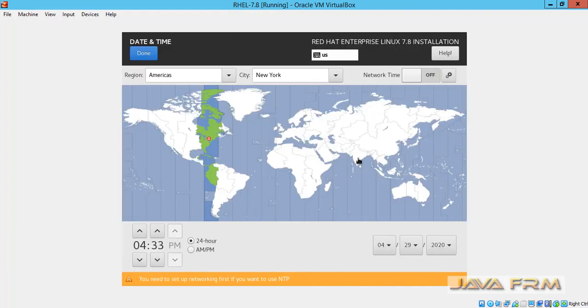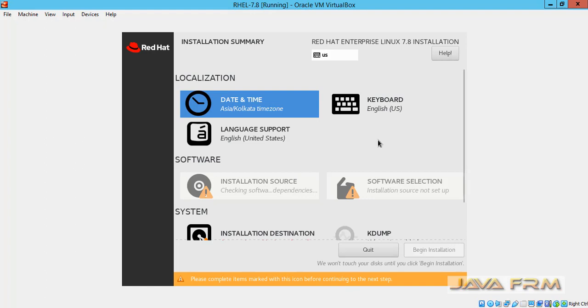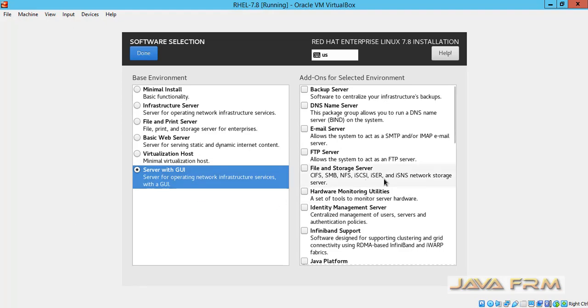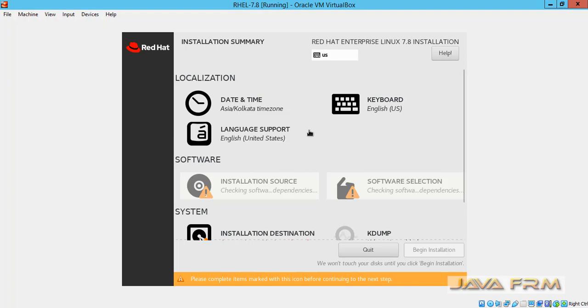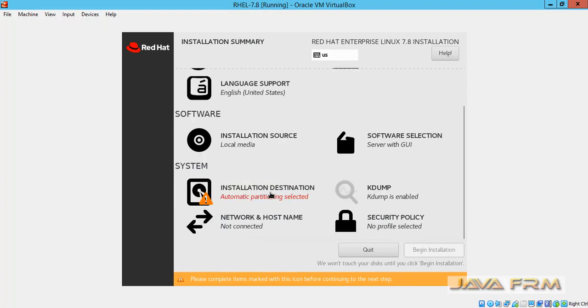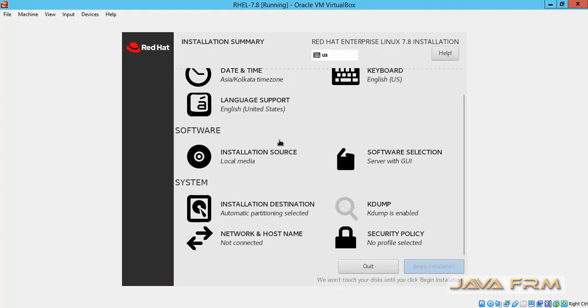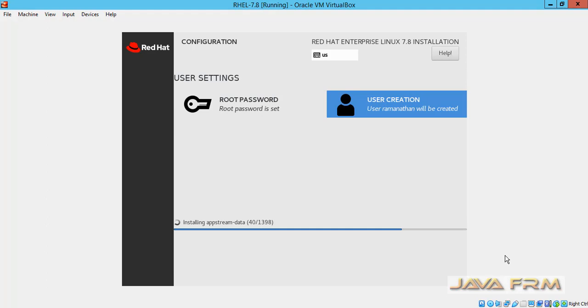For date and time, I am setting it according to my location. Software selection will be Server with GUI. Then I select the installation destination. Yes, so now let us begin the installation.